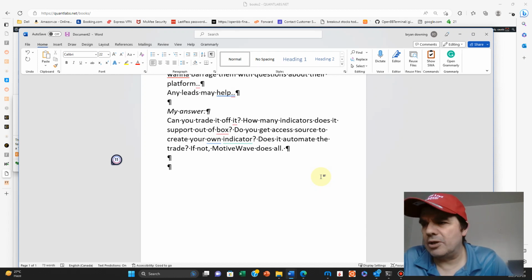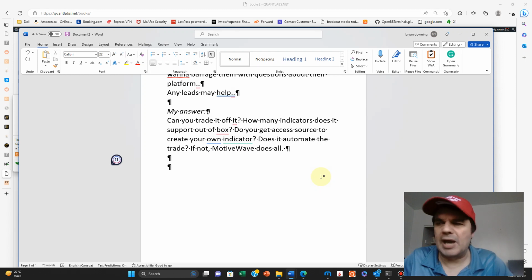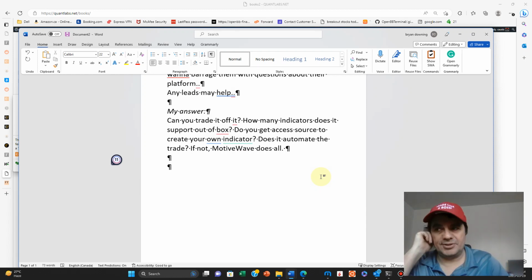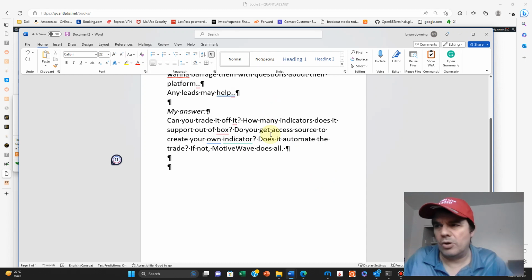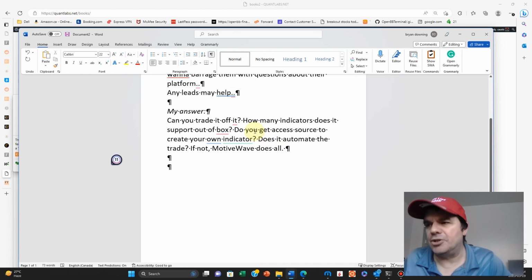Plus, it's pretty good at doing crypto and handles three big brokers that you know, Kraken, Coinbase, Binance. So it has all that as well. Answers a lot of questions. This is what I like about MotiveWave. This is what you should ask wherever you're going to get your data and your trading strategy, namely your automated trading strategy. And does it have source code?